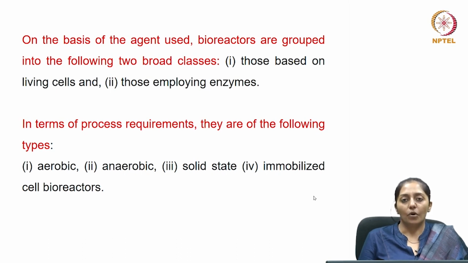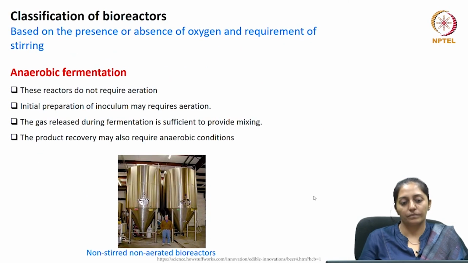So, on the basis of the agents or the cells which are used inside the reactors, they can be broadly classed into two groups. One which is based on living cells, and the other which is based on the cellular components, which are mostly enzymes. In terms of process requirements, they can be classed as aerobic, anaerobic, solid state, or immobilized cell bioreactors. So, to give you a brief idea on these different classifications,